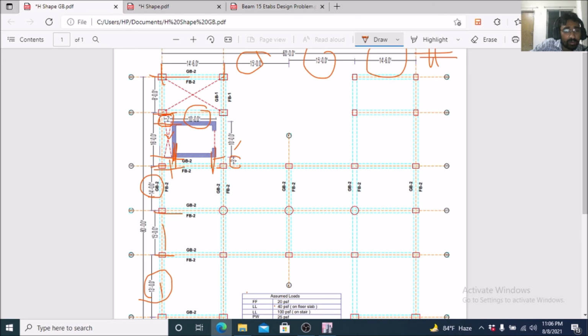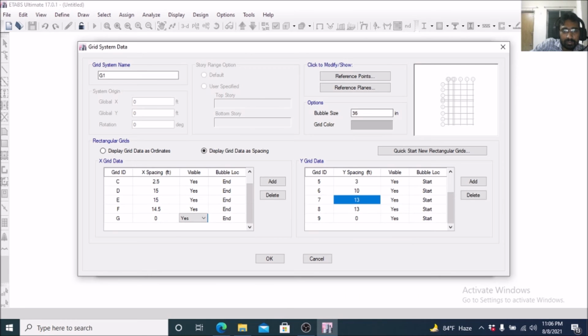Actually from this column to this column is 16. Already 13 has been covered, so 3 is left. So here we put 3.